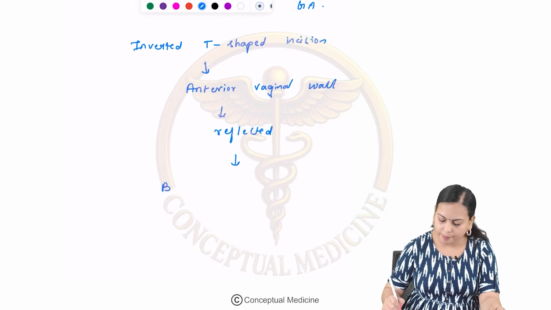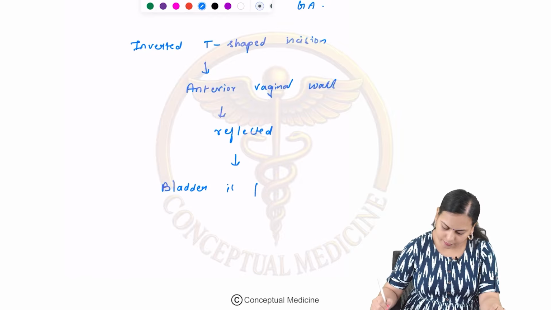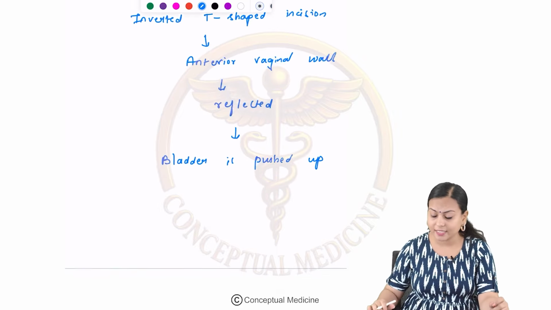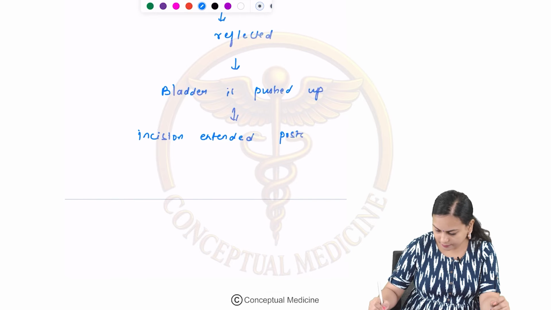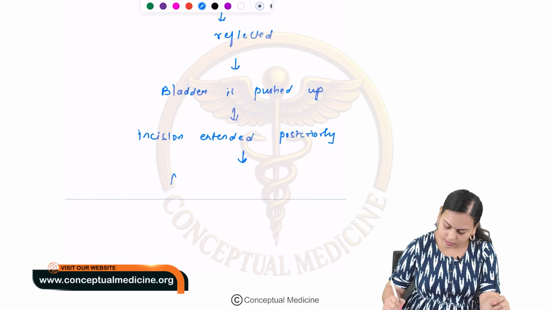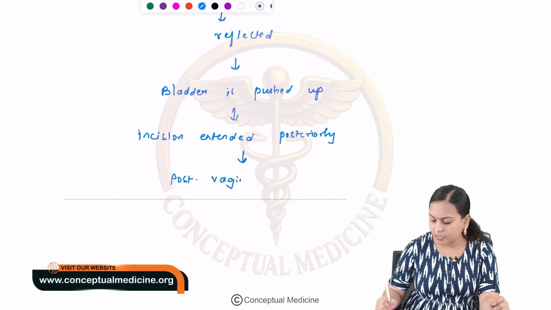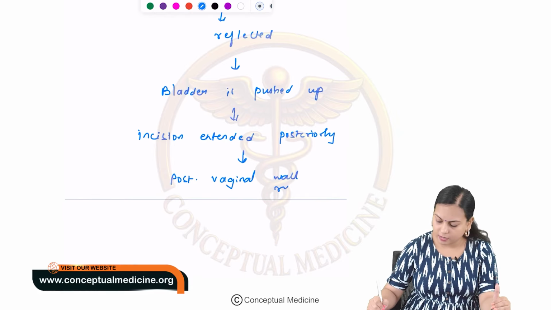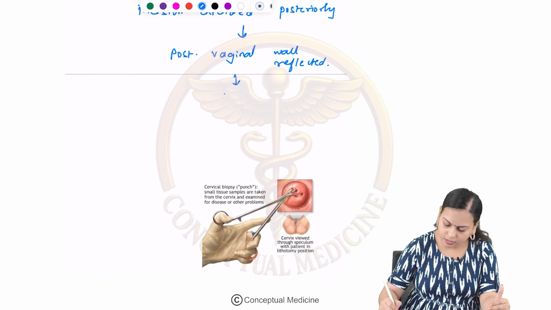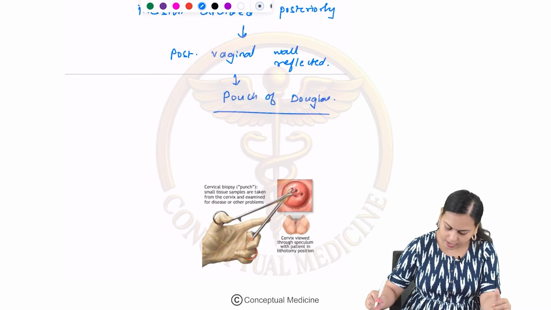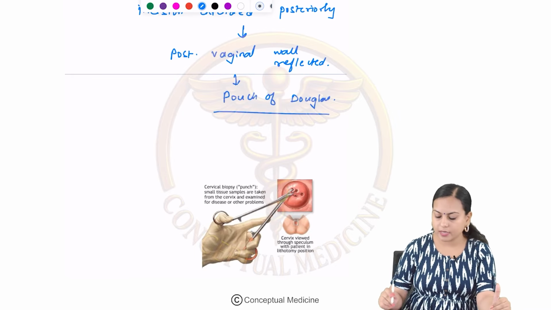After this, bladder is pushed up and the incision that is made on the anterior vaginal wall will be extended posteriorly, and then the posterior vaginal wall will be reflected as well. After reflecting the posterior vaginal wall, the pouch of Douglas will be opened and the uterus will be delivered anteriorly,